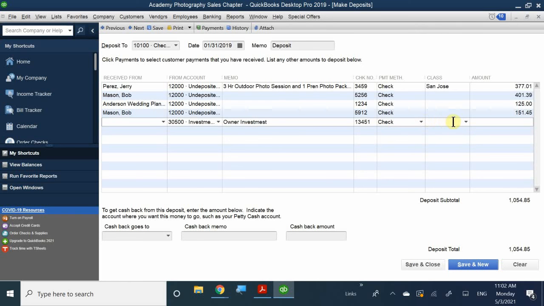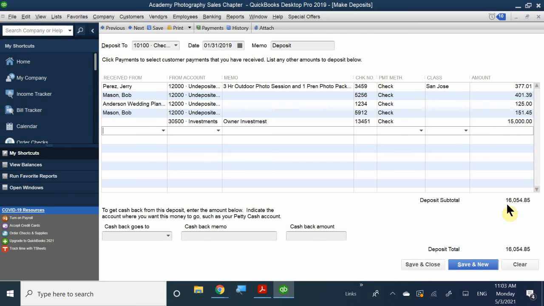And for what amount? Now, of course, class, it doesn't belong to a particular class just because this transaction is for the overall company. It's not for the San Jose location, it's not for the Walnut Creek, it's for the overall company. So in this case, I don't need to associate any classes in it. Now, the amount, I'm going to say he invested $15,000. Okay, so with that, now if you look at my deposits, I'm going to be depositing